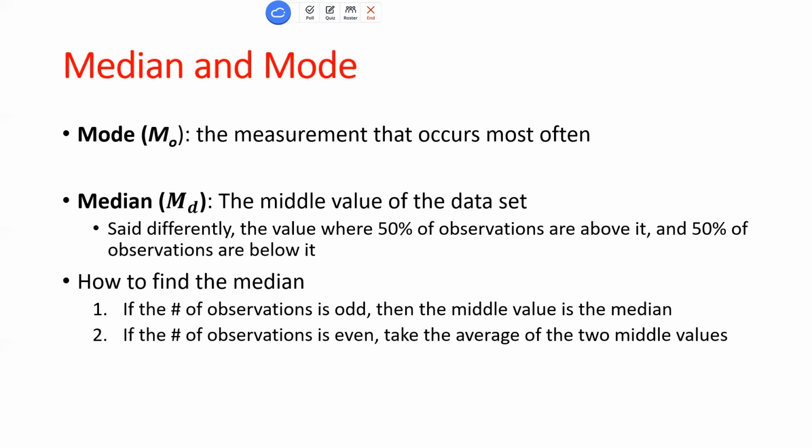So with small data sets, the median can sometimes be a lot more informative about where the central point of the data is, and it won't be skewed by these really, really high observations, okay? So we'll talk a little bit more about how we calculate the median, and I've already kind of alluded to it,